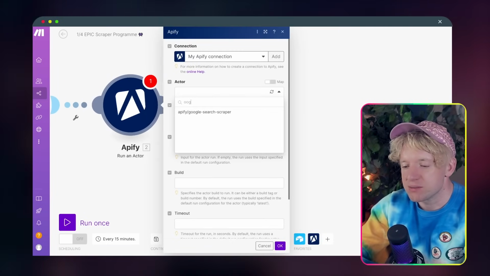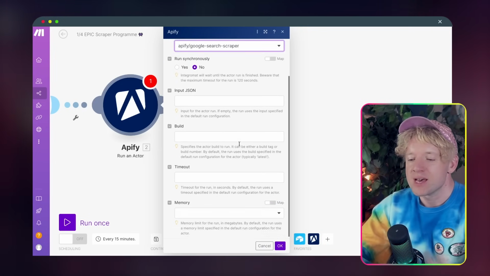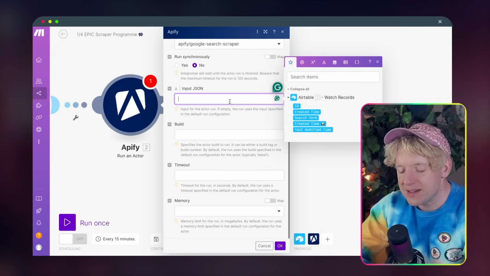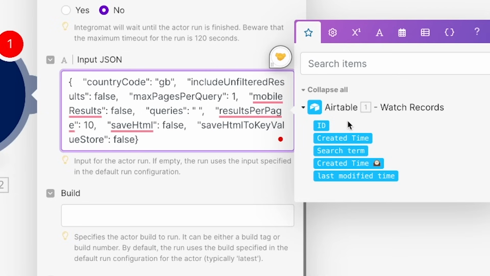Pick the actor, which is going to be Google Search Scraper. You type it in. There he is. That's cool. Here we go down, input JSON. So I want you to enter the things I told you about. Basically Control and V, and you see we've got this accountancy thing, right? That was our query. I want you to copy that, delete it, and then I want you to select here